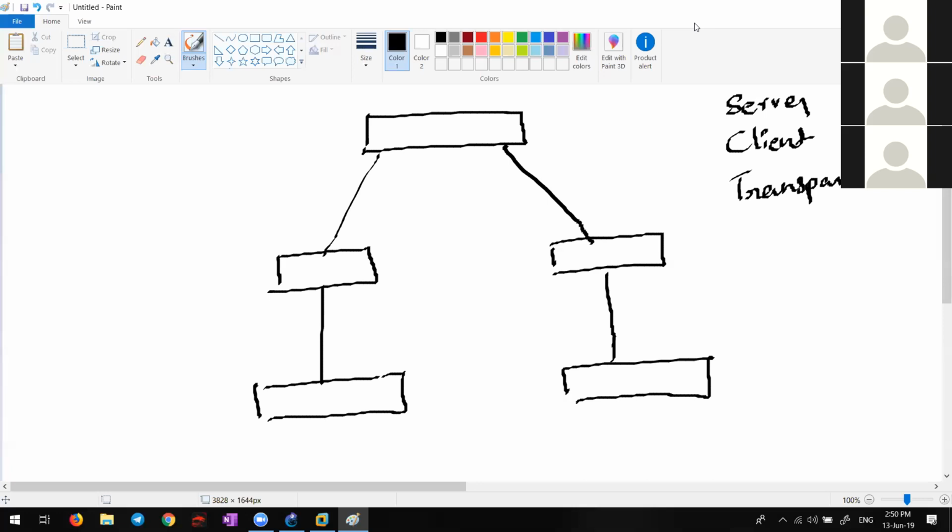Transparent mode switches do not synchronize with other mode switches.